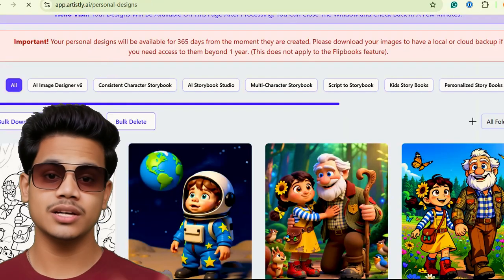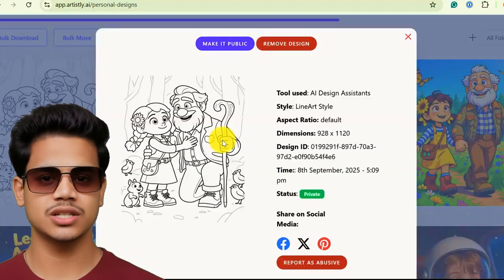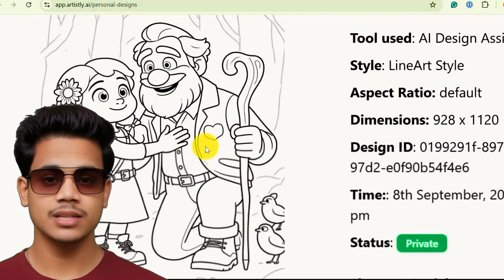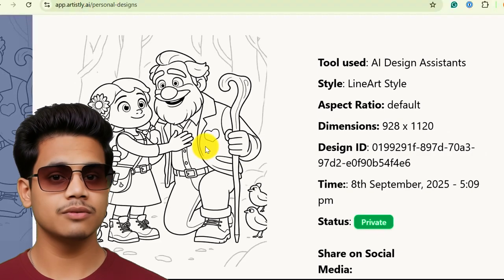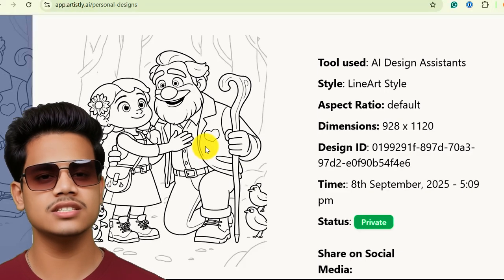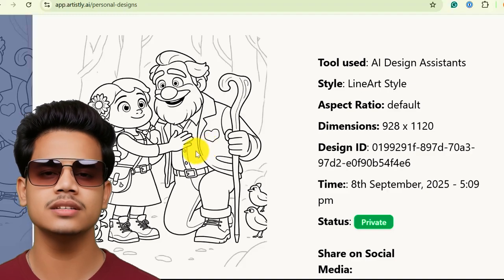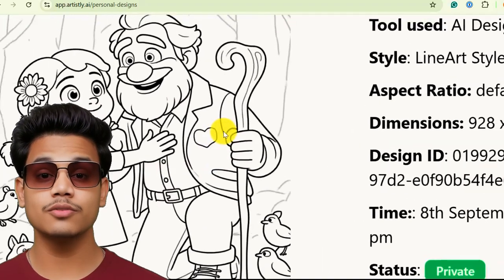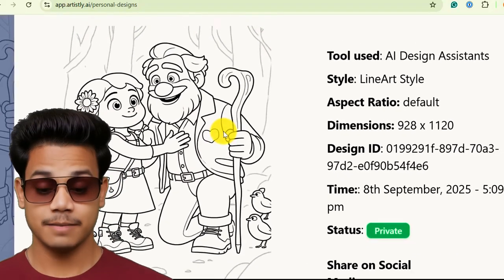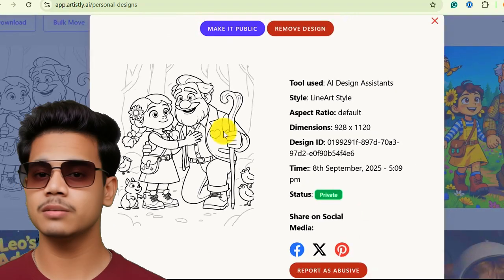Think about it. You can now create an entire beautifully illustrated storybook and then, with just a few clicks, generate a companion coloring book to go along with it. This is an incredible tool for Etsy sellers, teachers creating classroom materials, or parents looking for a fun, creative activity. Creating your next coloring book has never ever been this easy.